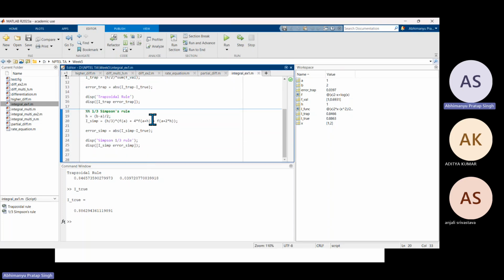So if I look at the one third rule, this is Simpson's one third rule. I am calculating my h value as b minus a by 2, and then this is simply the formula. I am passing the a plus h and a plus 2h values to the function handle, and multiplying it by h by 3. Now if I run this part,